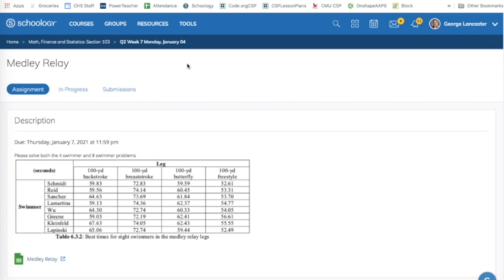This video is showing how to solve the four-person medley relay problem. To solve the eight-person one, you'll just need to add the additional swimmers. But what I'm going to show is solving the four-swimmer version, and then give you an opportunity to do the eight one by yourself. So notice that they have all eight swimmers listed here, but when we go over to